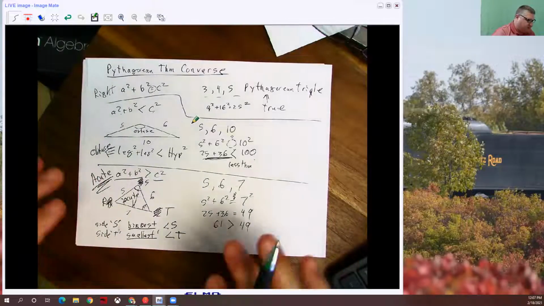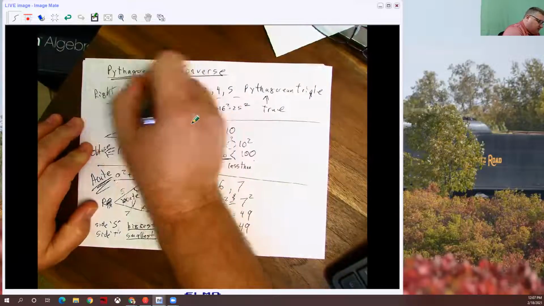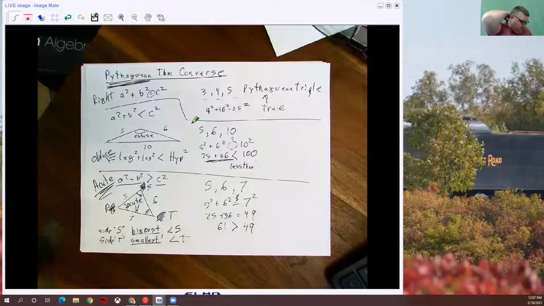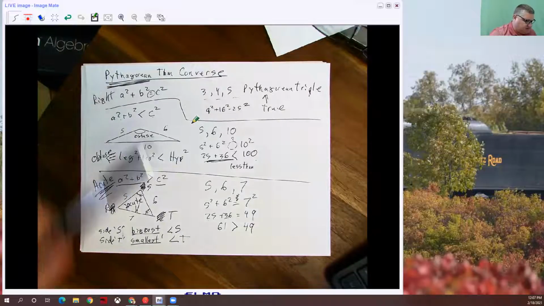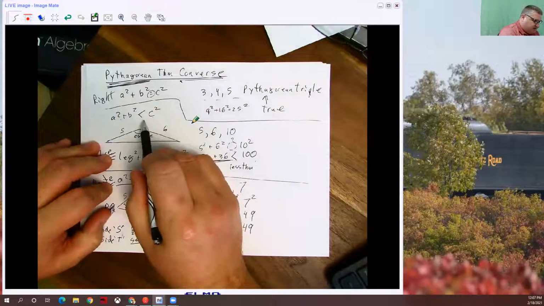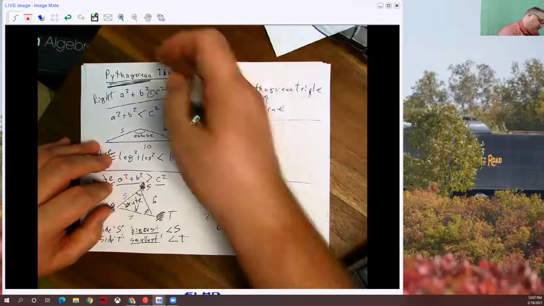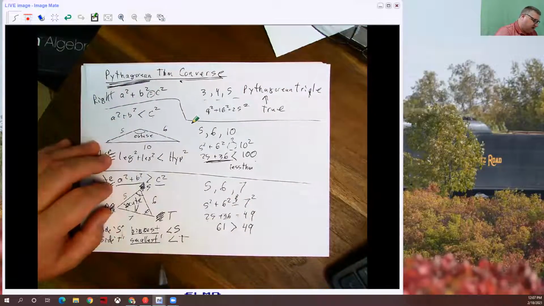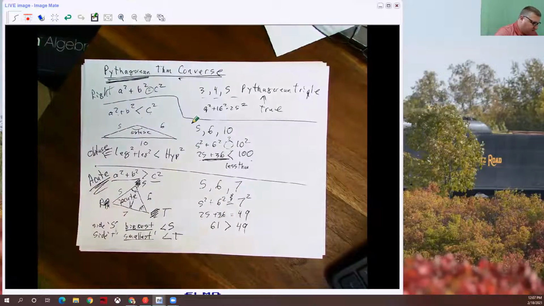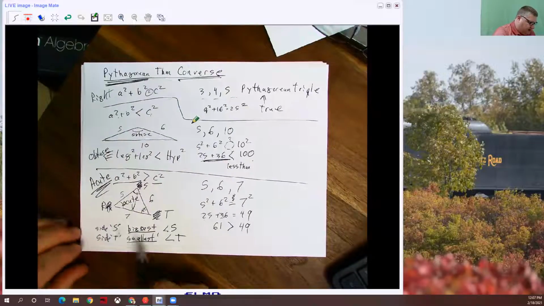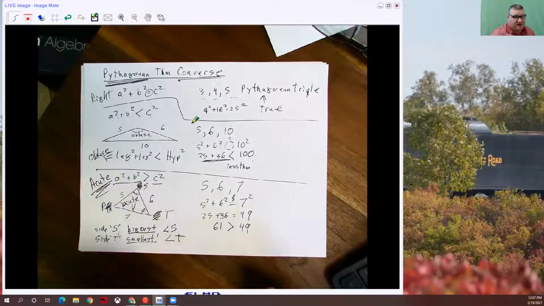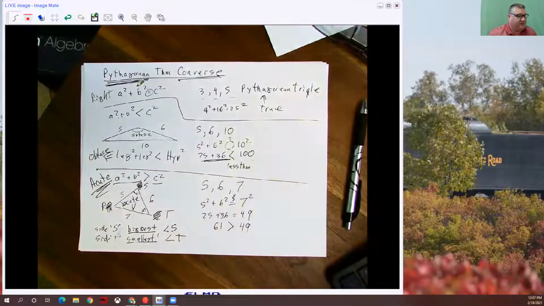Now this becomes important because the Pythagorean theorem only works for right triangles. If you don't have a right triangle, then the Pythagorean theorem won't work. Turn it around: the converse says if the Pythagorean theorem doesn't work, it can't be a right triangle. But what it also allows us to say is, is it an obtuse triangle? Is it an acute triangle? Those are things we can look at, keeping in mind that we have other inequalities like biggest side across from biggest angle, smallest side across from smallest angle. Okay,